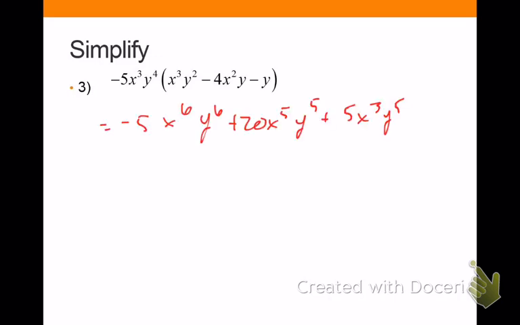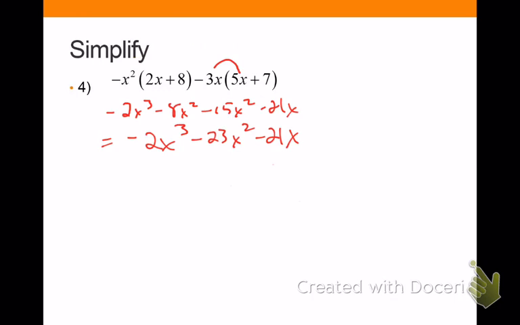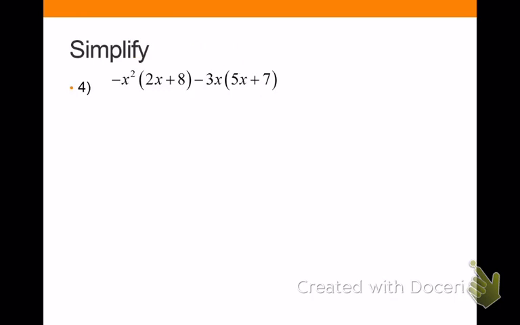Okay? You should have gotten negative 5, x to the 6th, y to the 6th, plus 20, x to the 5th, y to the 5th, plus 5, x to the 3rd, y to the 5th. Distribute, distribute, distribute. And so hopefully you can see where those are coming from. If not, come talk to me and we'll figure it out. Okay? Some of these have already worked out. All right. So anyway, I guess a situation like number 4 here,